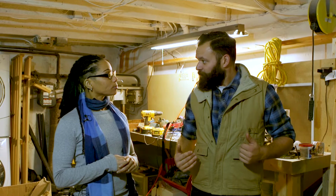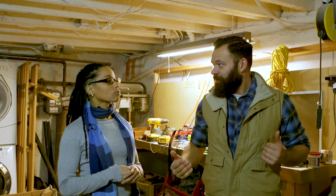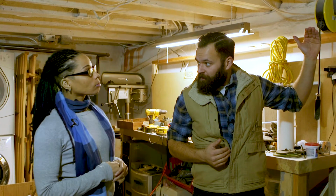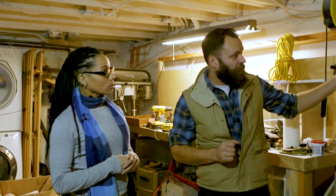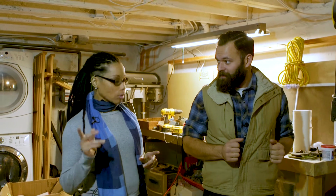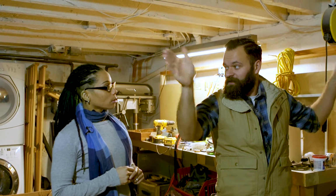All right, Tiff. The next point that we want to think about are these structural floor joists here. Now, in these older South Philly row homes that we're in right now, we're thinking that the majority of load and structure is reliant on our party walls. Now, that's the wall between your home and the neighbor. These joists span from party wall to party wall, and they're sitting in little pockets in